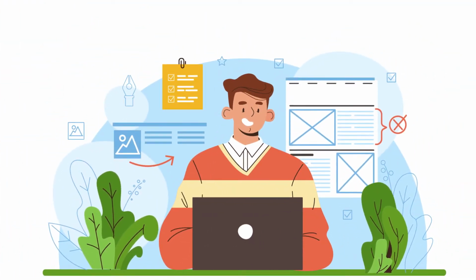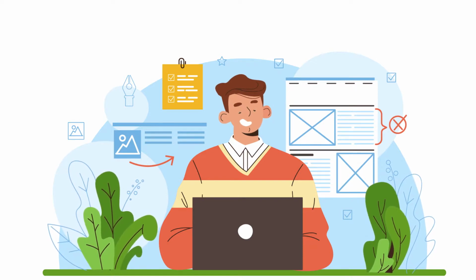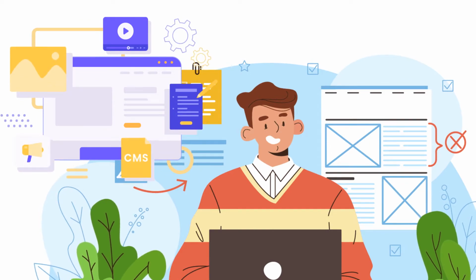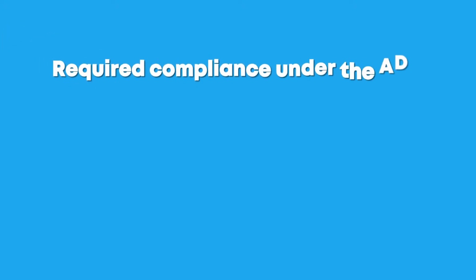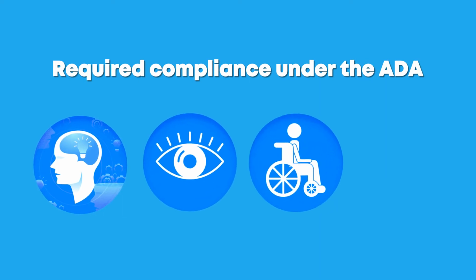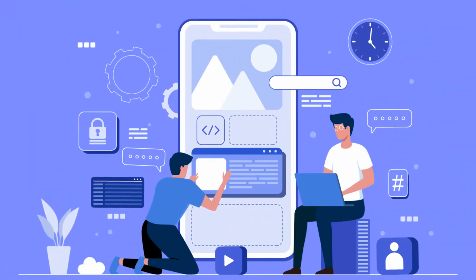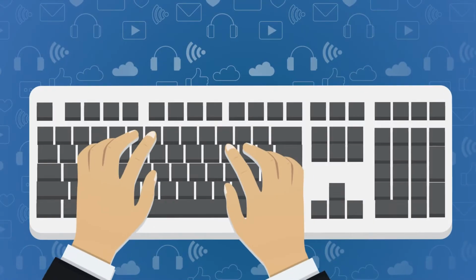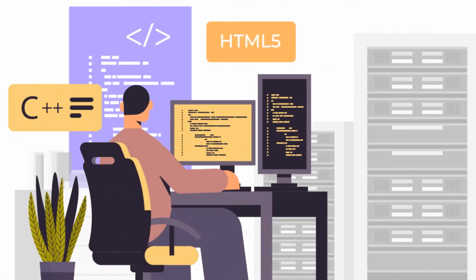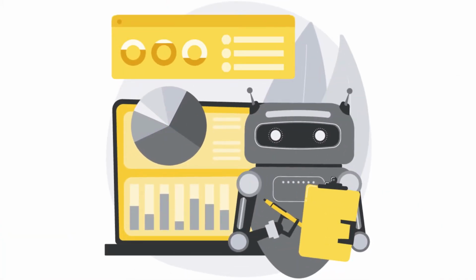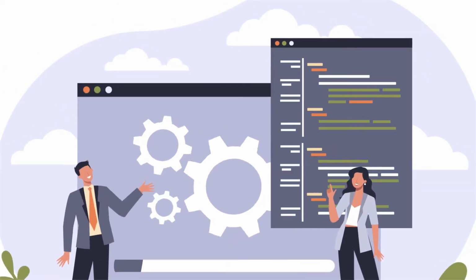It's best to start with a full audit that will run a number of tests on your website content and show where it poses problems for those with disabilities. Make sure to test for important issues like required compliance under the ADA, Americans with Disabilities Act, screen reader testing, usually only done with a manual audit, testing for keyboard accessibility, checking for proper HTML tags and coding for accessibility. Automated tools can only do so much, so this is also the stage where your business talks with an expert